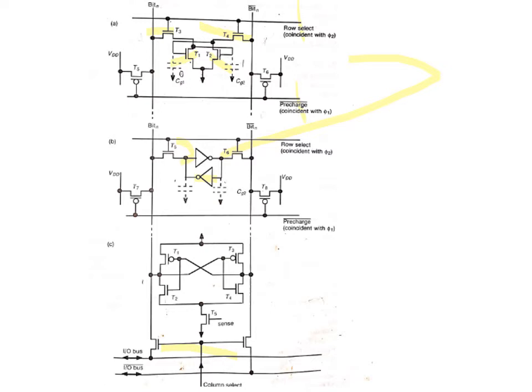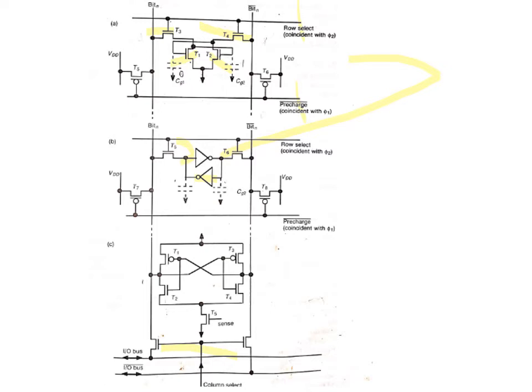So the first figure, we call it the 4 transistor dynamic memory cell. The reason is that it makes use of 4 transistors, that is T3, T4, T1 and T2. Through T3 and T4 the bits will be transferred, and they will be stored as gate capacitance in T1 and T2.